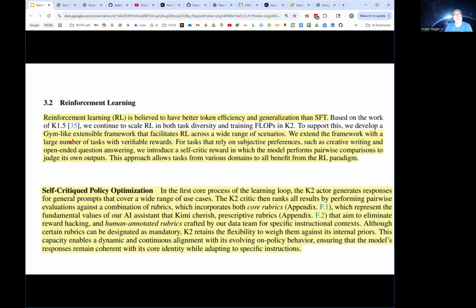These are probably pretty easy to create, just worlds. Although in the language space, I don't know. This would have to be a gym-like thing in the language space, so I'm not exactly sure what that looks like, but it's going to be the same type of thing: I try something, I get a reward, and then I try something else.